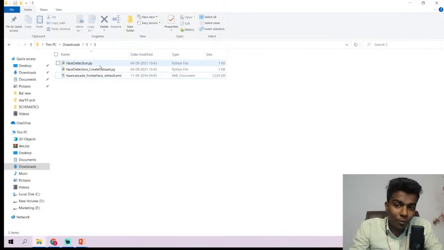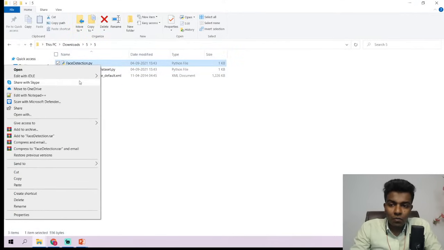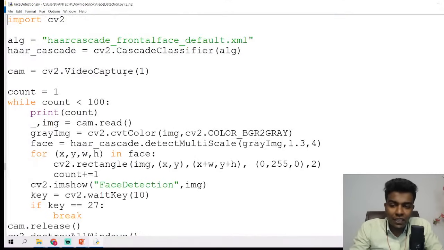If you have seen the output, you will definitely understand this. This is only face detection. I'm not going to collect any data set now. So here what we are going to do is